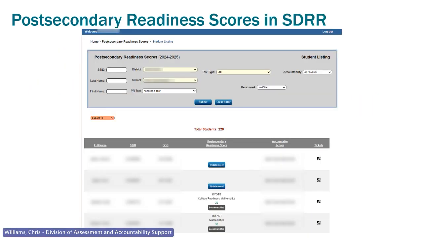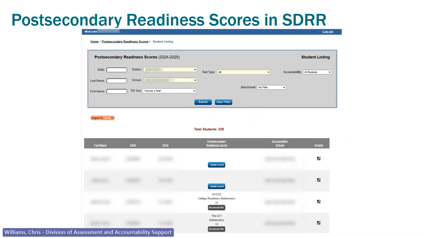Now there's only one column to show the post-secondary readiness scores instead of having 2 buckets for the academic part of post-secondary readiness. So like I said, you'll be able to go in SDRR to the student listings for post-secondary readiness scores when that opens, and filter by SSID number, last name, first name, the district, the school.